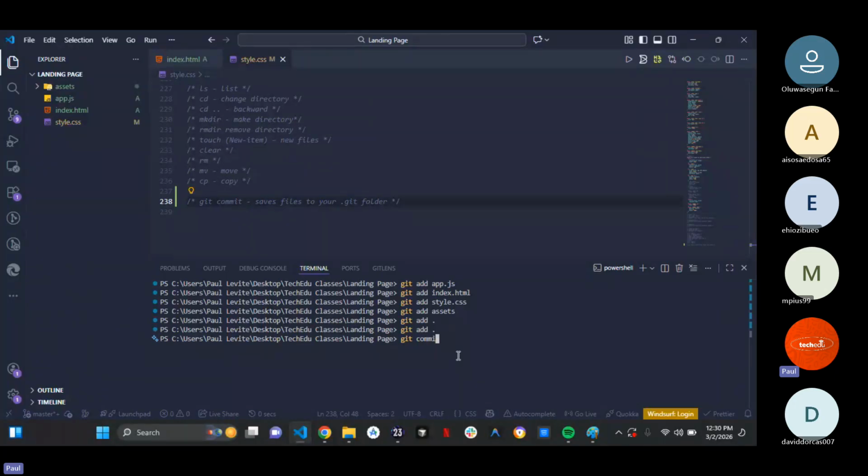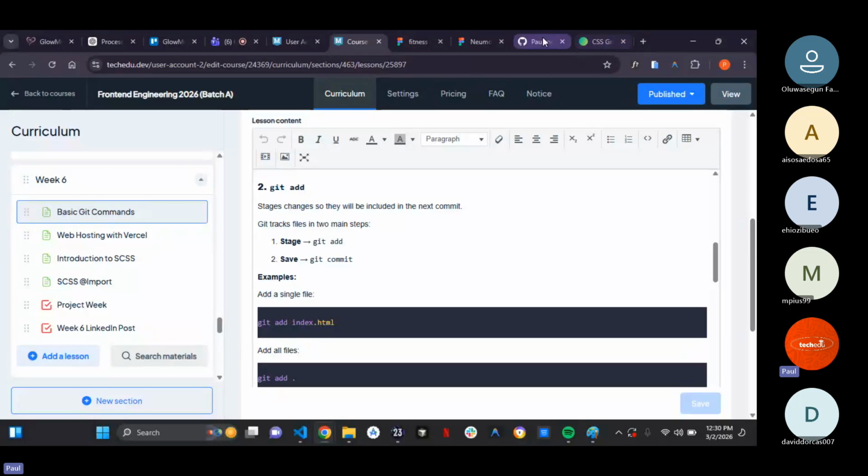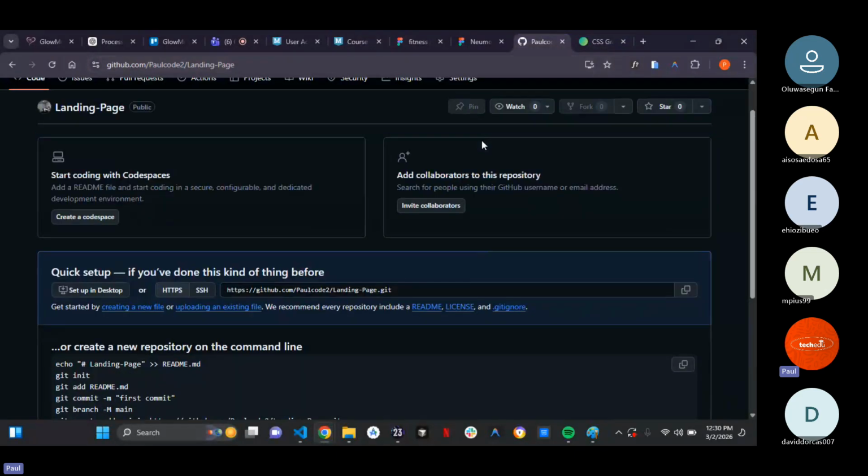So you have git commit -m. Now, this -m is a commit message that basically talks about what you worked on. Let me give an example of what I'm trying to say. So if I go to my repository now,